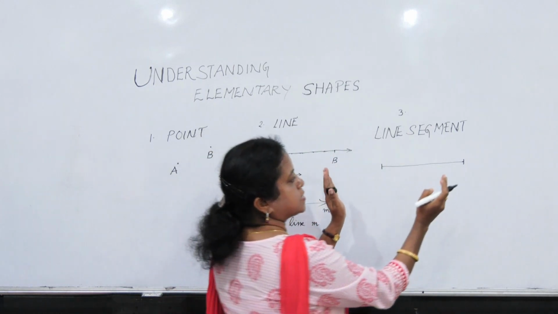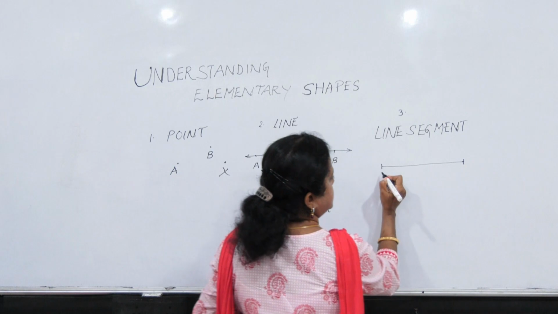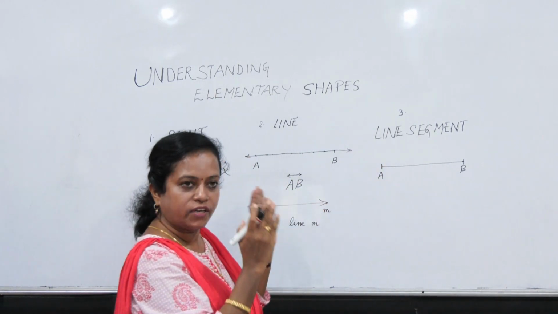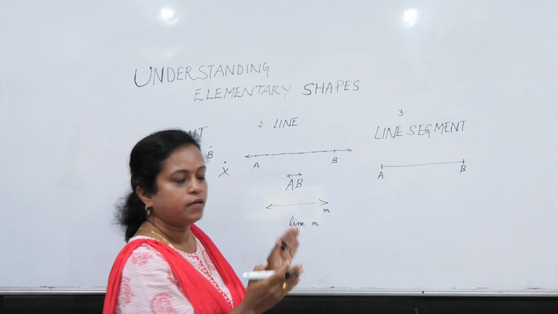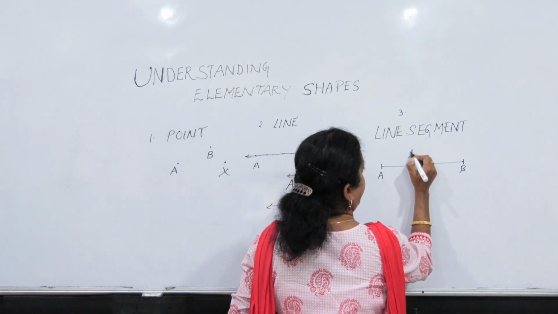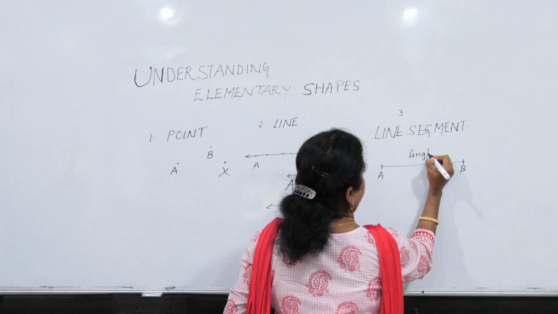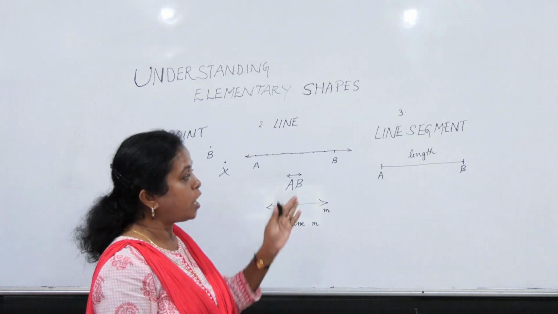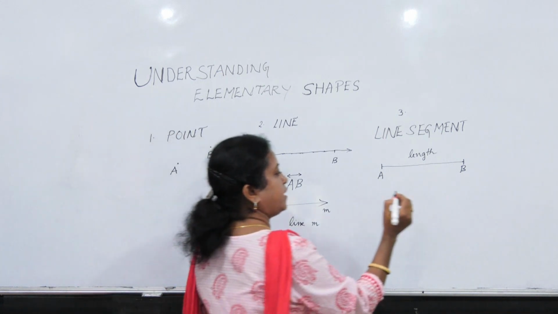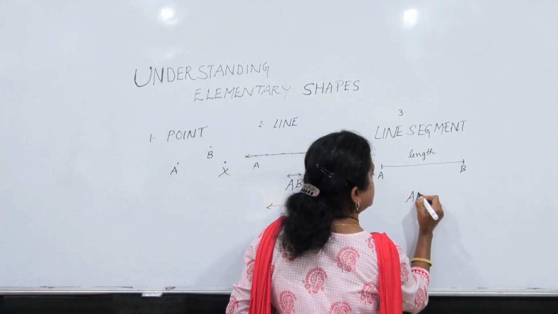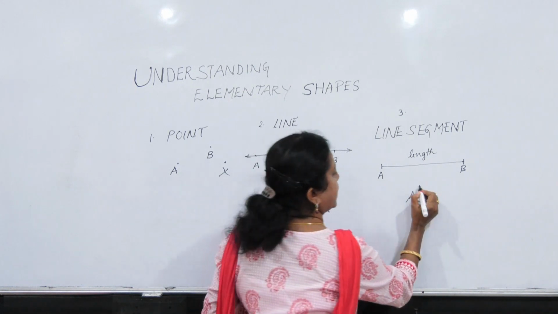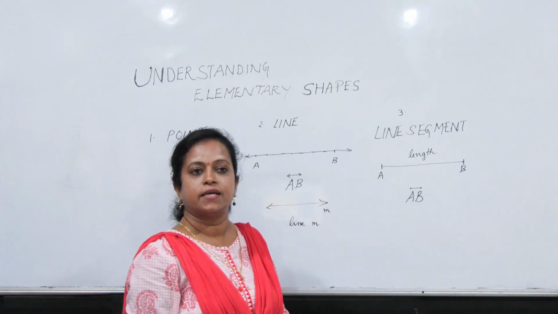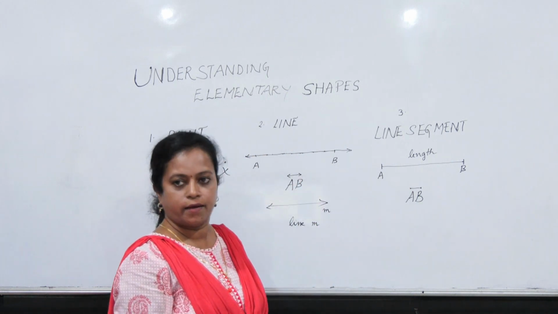So because it is a specific boundary, that is these 2 points I've taken and the specific distance between these 2 points I have taken, this distance will be called the length of the line segment. And how do we denote a line segment? Same way like a line, we use 2 capital letters. But here you will see that the symbol will be, you can see a line and 2 endpoints. That is, I have not used the double-headed arrow.